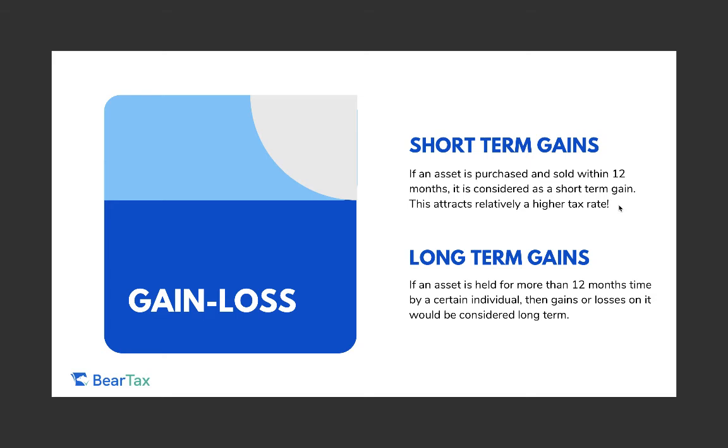So it's always better to hold for the long term to get that benefit, because even a capital gain of $2,000 could lead to about $300 in difference between short term and long term. That's not small, that's a 15% difference. So when you're trading, make sure to understand the implications and how much you are really making. It's not just the profit you're making; you have to calculate the taxes on it and then figure out how much you are actually making.